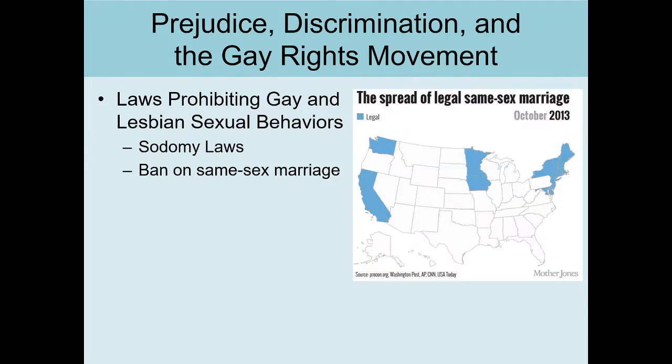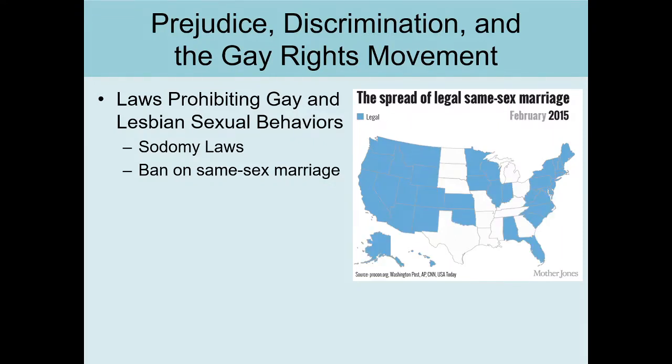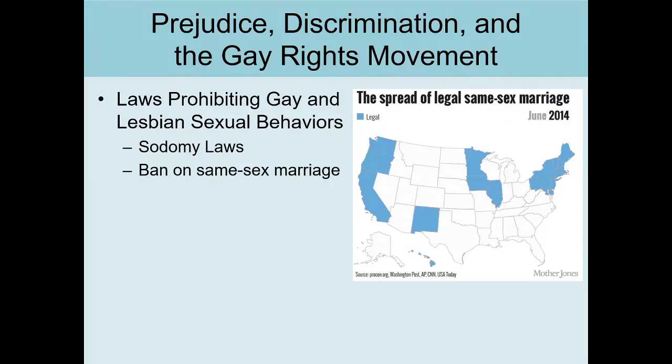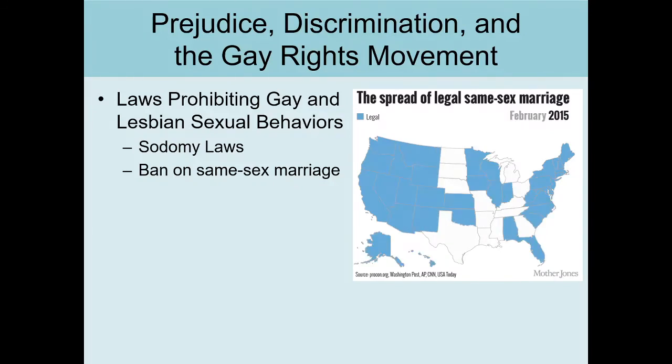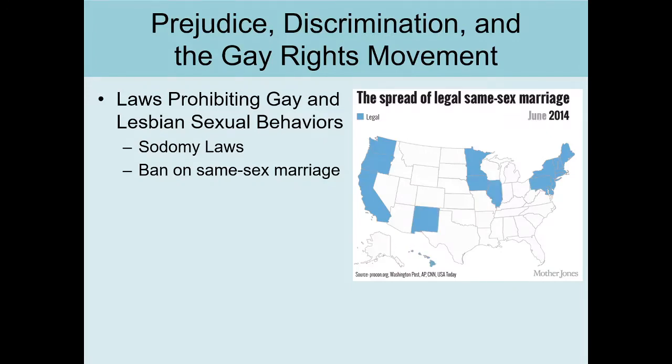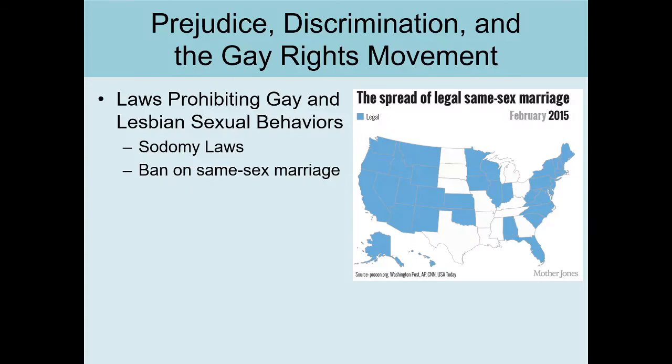So I found this nice animation, which starts really promptly there. But you see it spreading across the country where they're dropping this ban. And you can see that it started in Massachusetts, and then it slowly spread to other adjacent states. So you see it here and there and here and oh, a whole region, and it just starts spreading. And then ultimately everything goes blue when the U.S. Supreme Court declared that two people can declare their intent to be married, and their sex does not determine their eligibility for marriage.